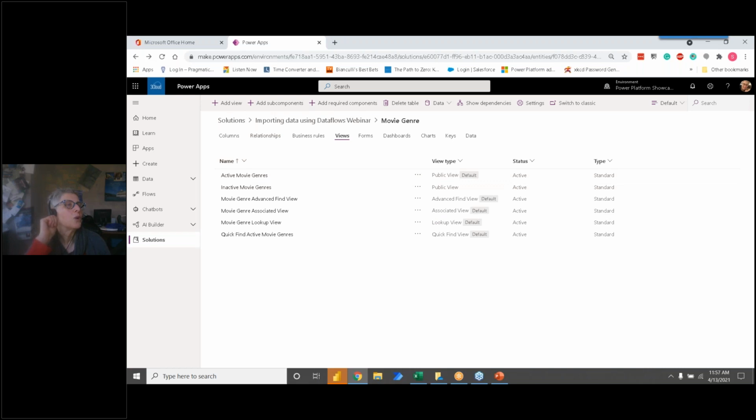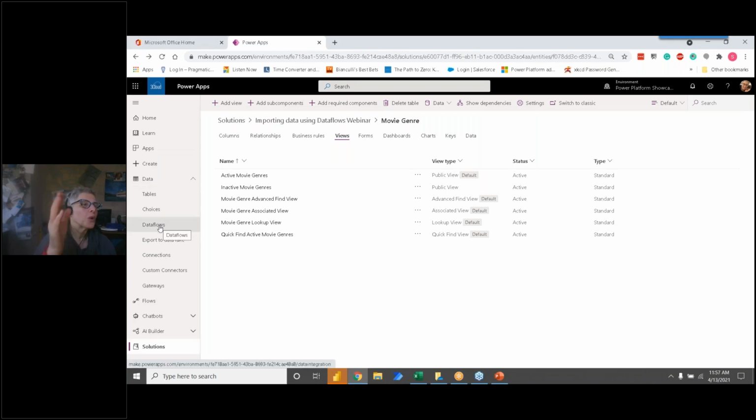Let me do a few more questions. Let's see what we got here. In the format ribbon, what's the difference between trim and clean? Trim just takes any blank spaces off the bottom, and clean cleans the entire text of any junk. And a lot of times I do both trim and clean on text fields because it's pretty good practice. There will be, Jimmy, there will be a recording.